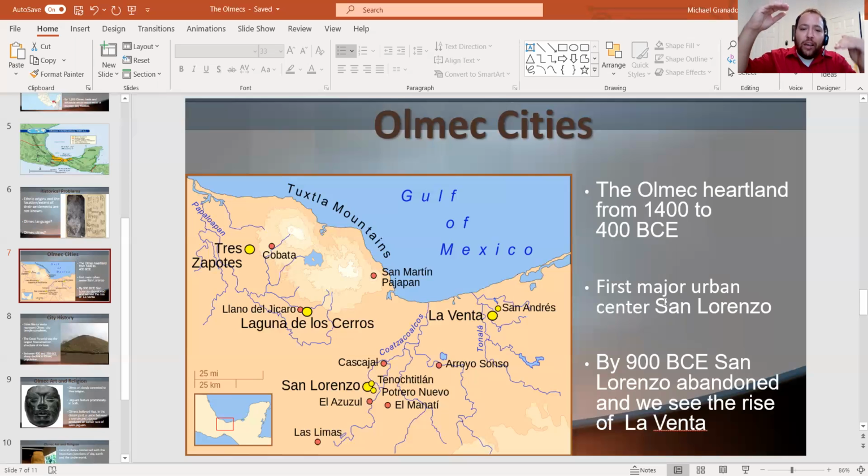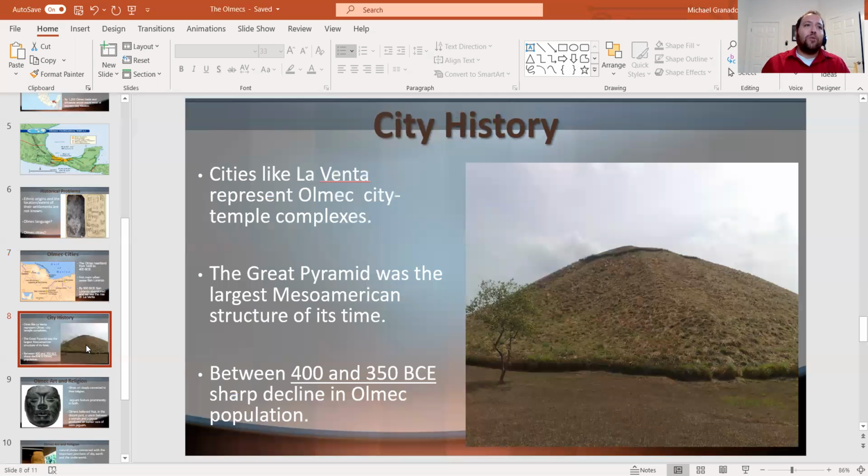So as we see the decline of San Lorenzo, we see the rise of La Venta. So maybe this explains some of the transition, right? By 900 BC, San Lorenzo is abandoned, and we also see a population spike in La Venta beginning shortly thereafter. Olmec cities represent this sort of city/temple hybrid model. Okay, so